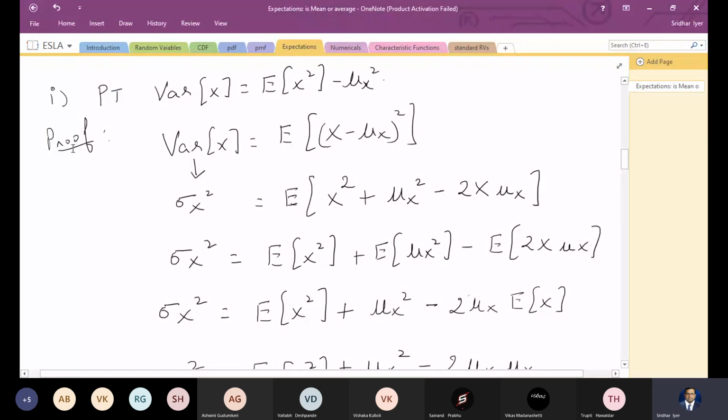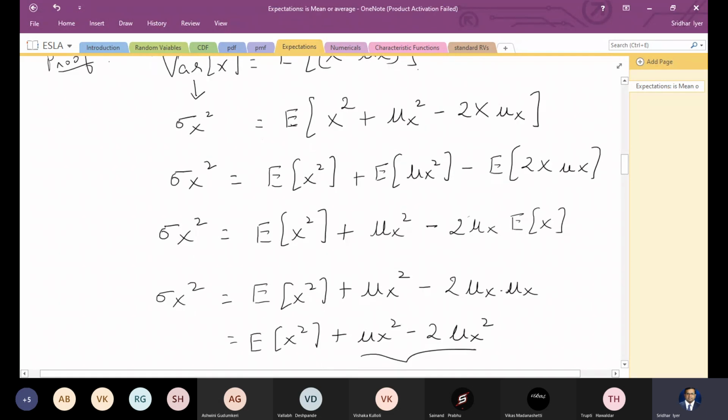There is another easier equation for the variance which we have derived, where the variance of x is E of x square minus mu x the whole square. So this equation has been very helpful for us in solving the numericals. So we've solved multiple numericals based on that.